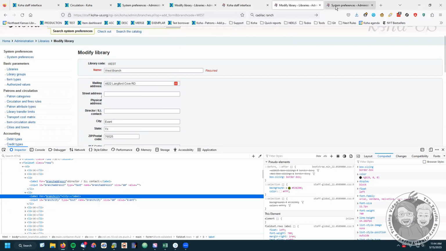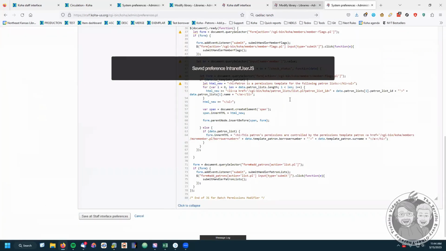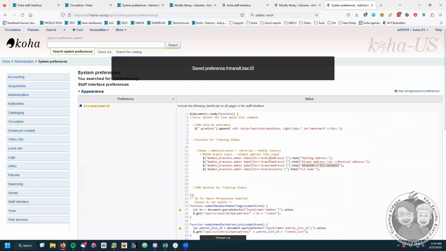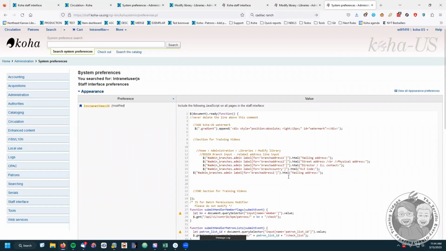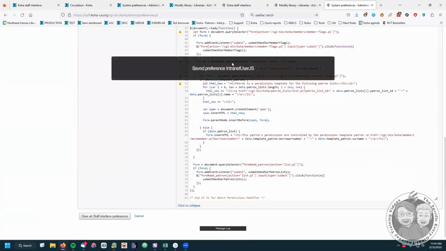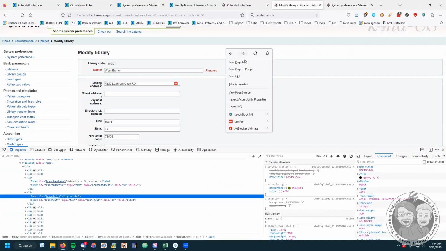So if I wanted to make something different using city, I could just copy this line and change this branch label for branch address 1. Let's call it city. And maybe I want to call this town. And then if I reload this page,